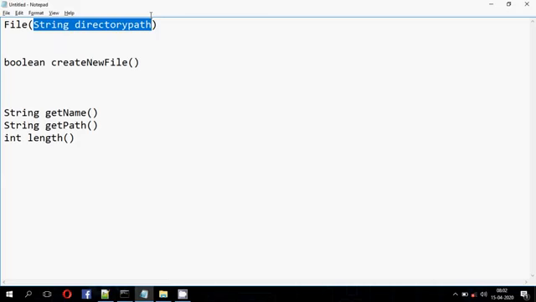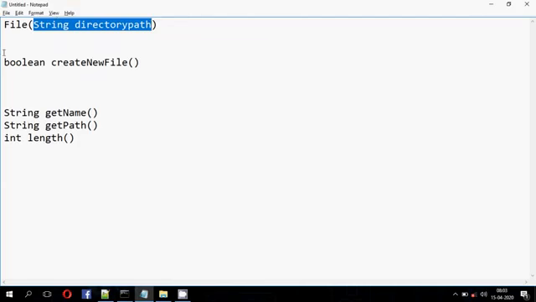So I will use the directory path as d:/java/first.txt. This is the path of the file which we want to create.